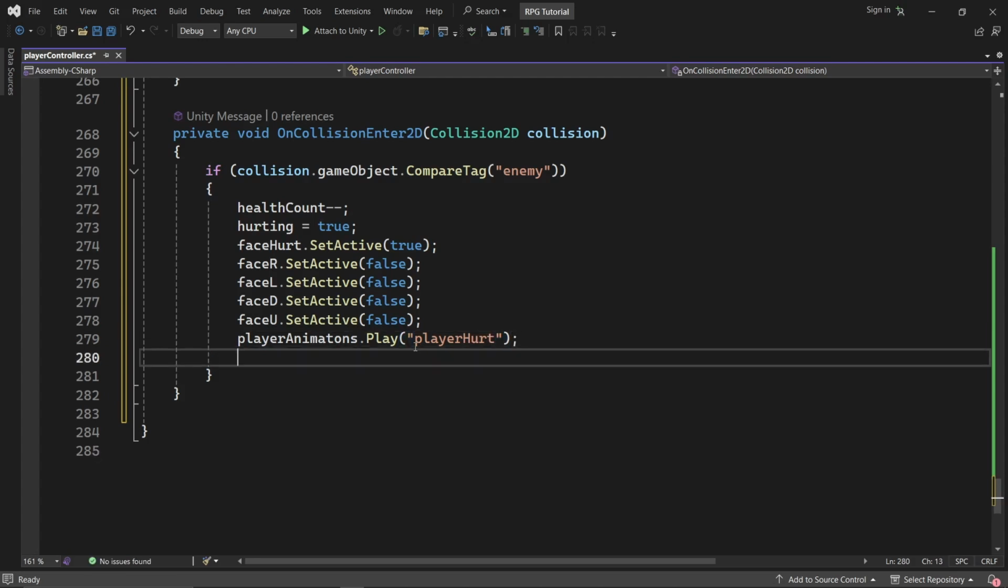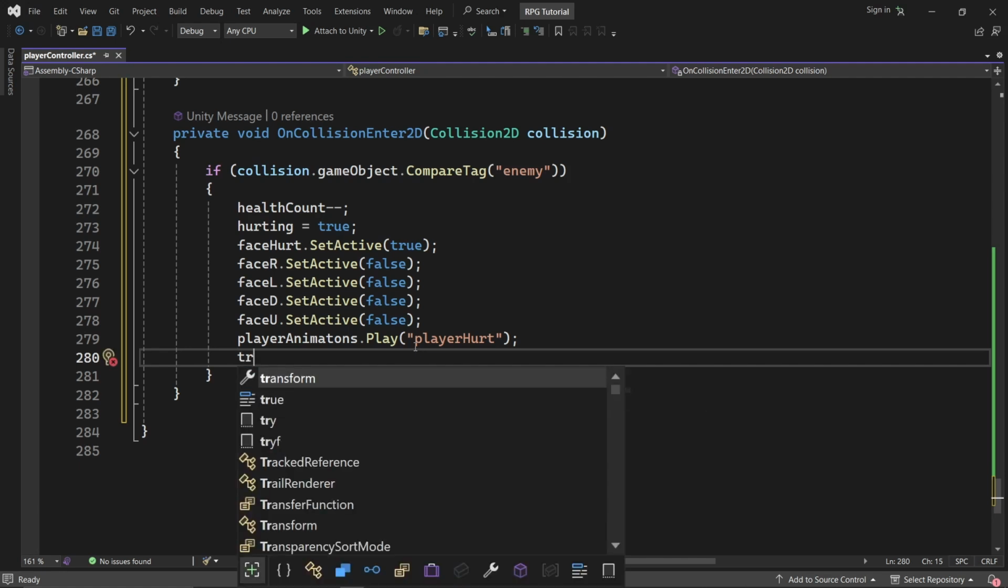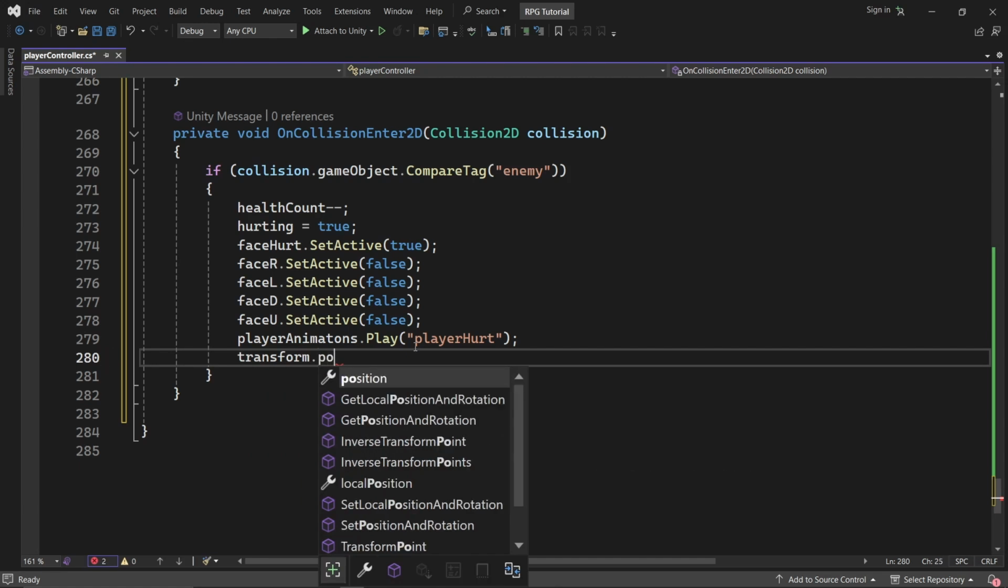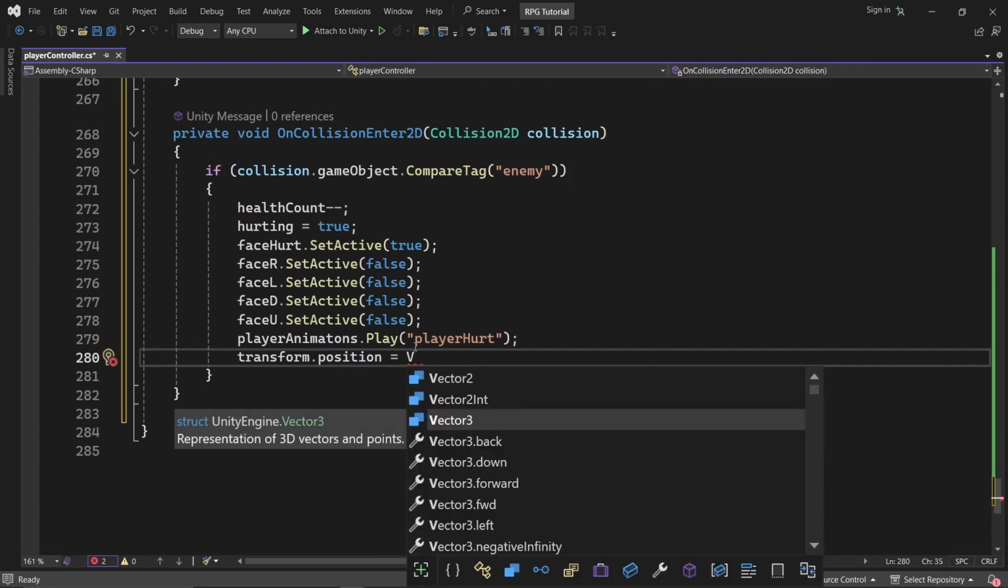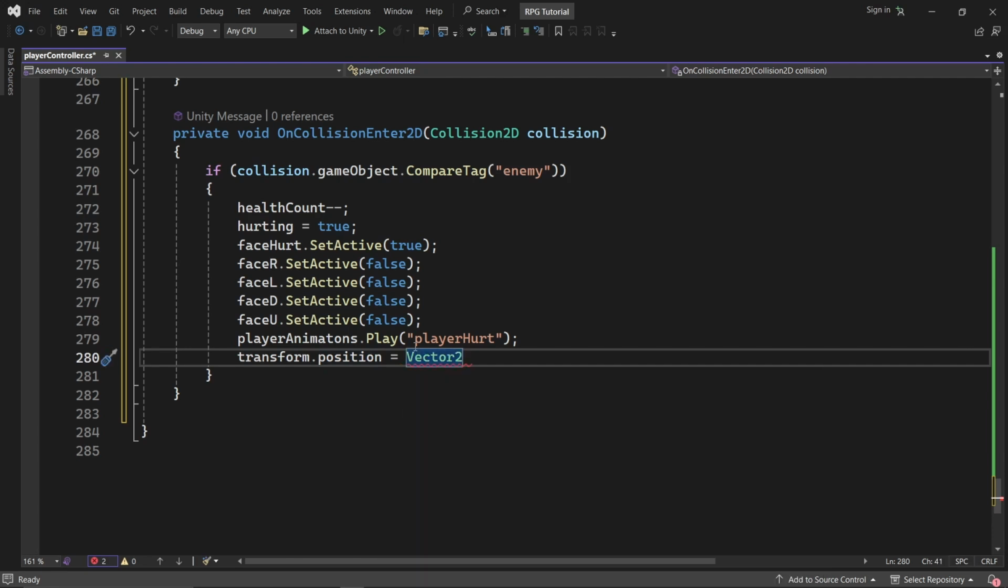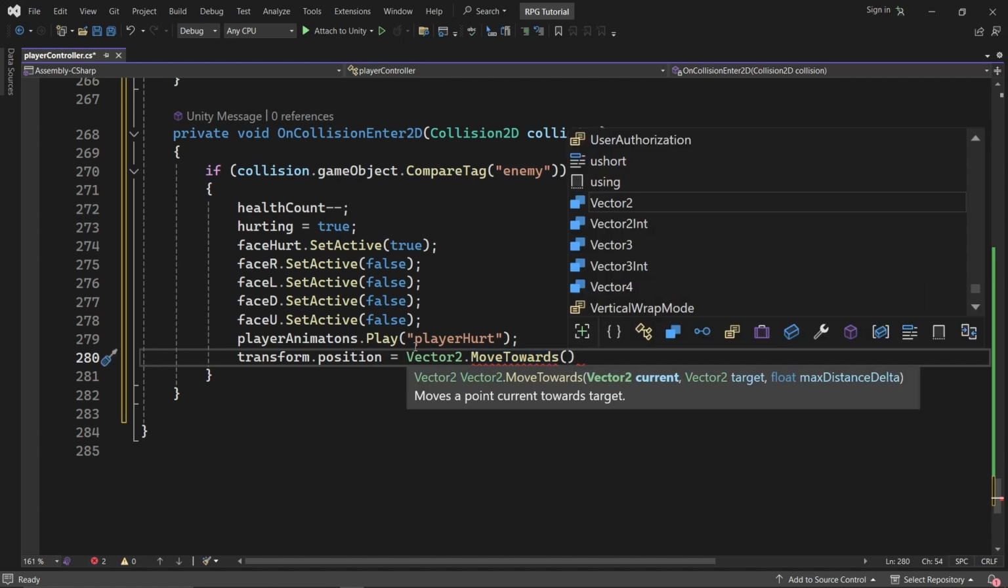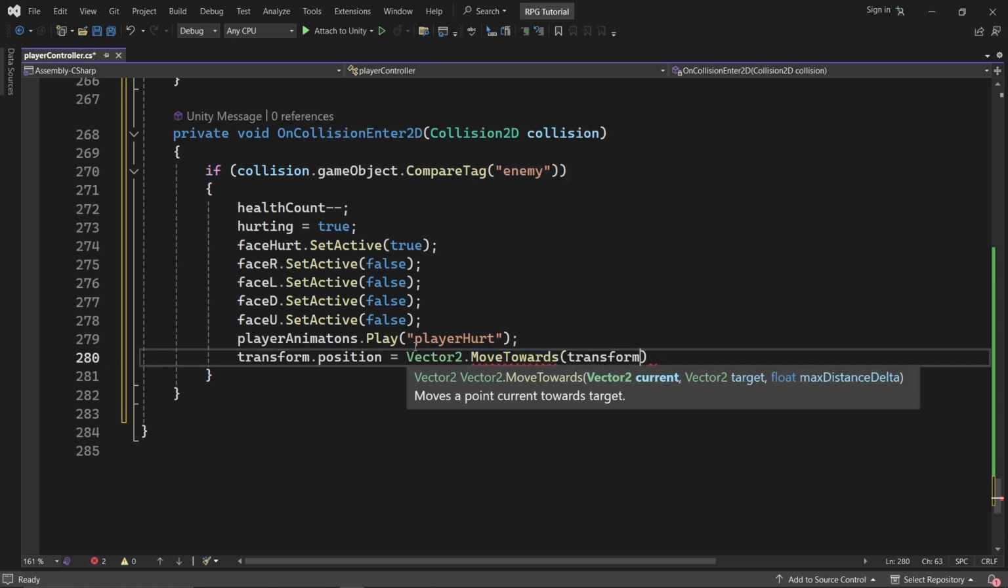Perfect. All right, now last thing we need to do is actually add the knockback to our player, because when our player runs into a tag with enemy that has a box collider 2D, then we're going to want our player to back away from that once he gets hit, okay? Now to do that, we're going to use the transform, which is from our player, transform dot position. All right, we're going to equal that to capital V Vector2, and we're going to do move towards, oh, don't forget the period, dot MoveTowards, parentheses, transform dot position,